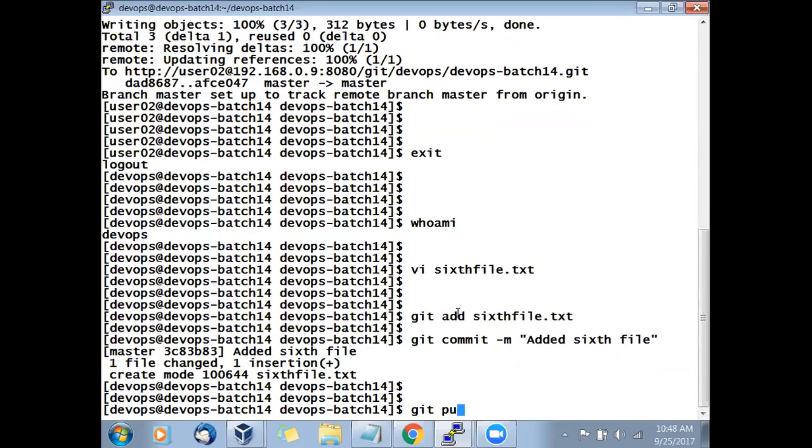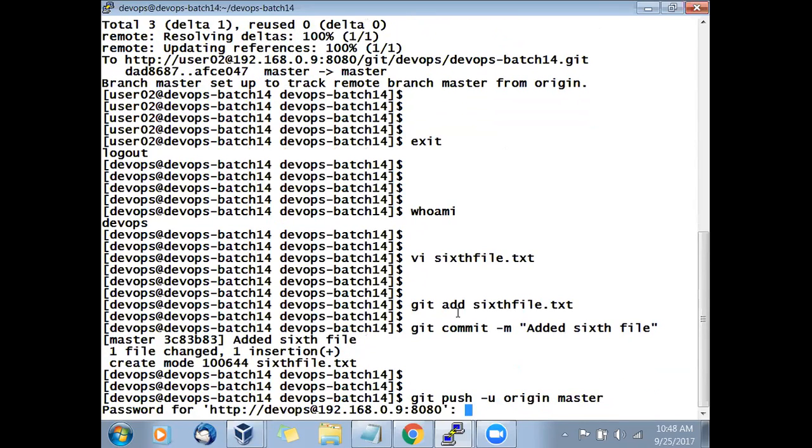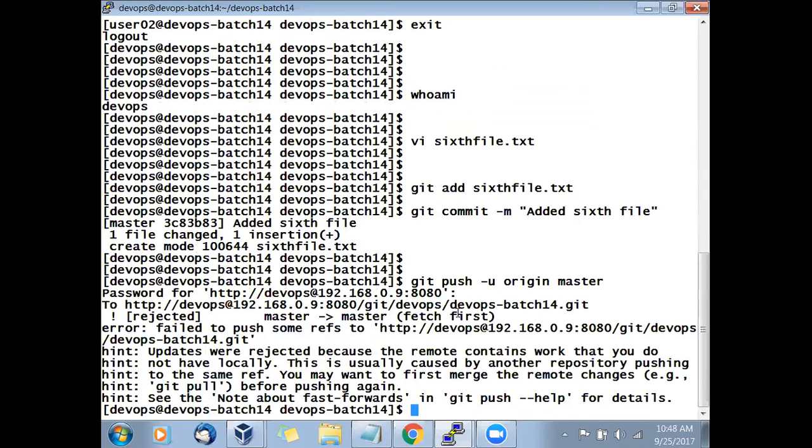Now I'll say git push -u origin master. Ready, steady, go. Now interesting thing will happen. Let's see that. Here it has something. What does it say? It has rejected your push.